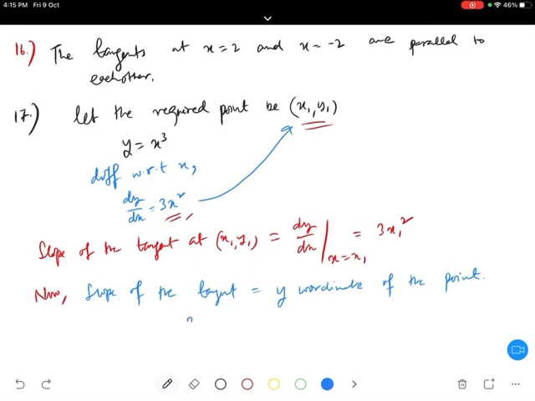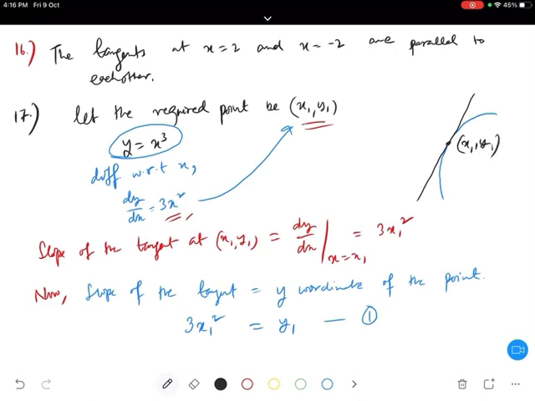So y1 is equal to x1 cube. This is my equation 2. I hope everyone is clear about this. Understood? Now from equation 1 and 2,